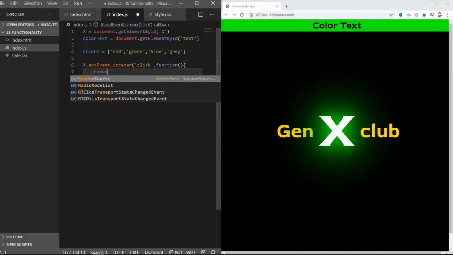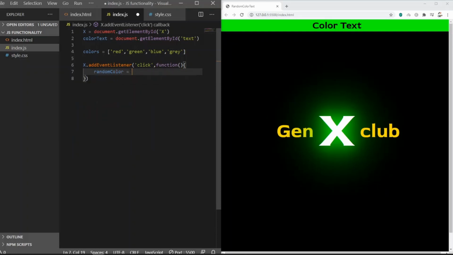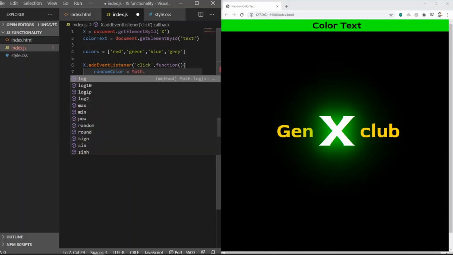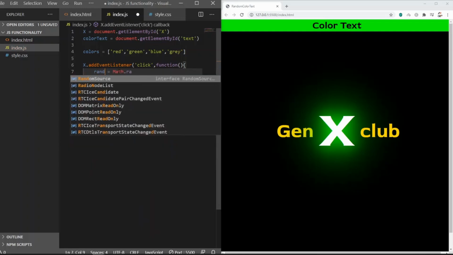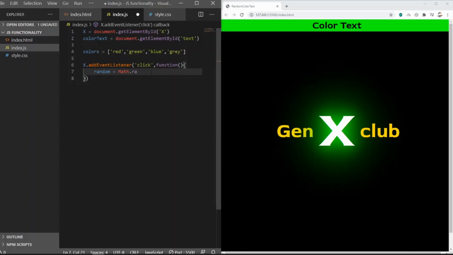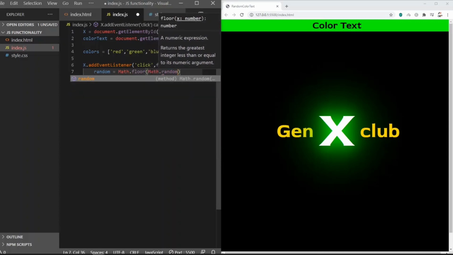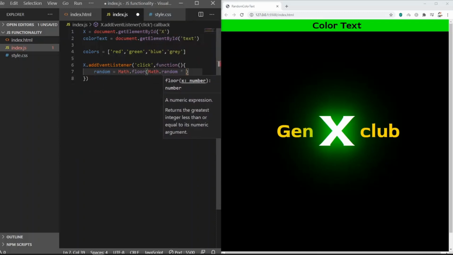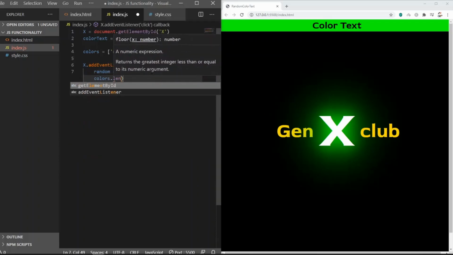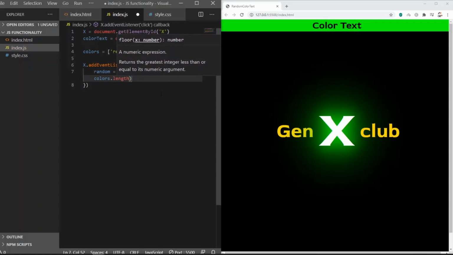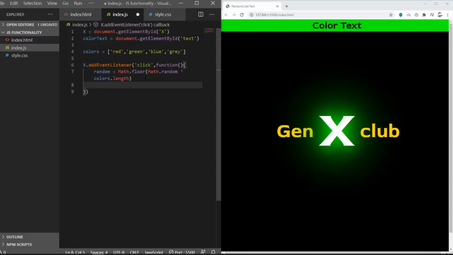So let's get a random number. So we will get random color, Math dot, not random. Let's change it to random, the variable name, and Math.floor. So it basically rounds down the number. Math.random times the length of the array. Okay. So this is how it works. The length of the array is red, green, blue, gray, so colors.length is basically 4.